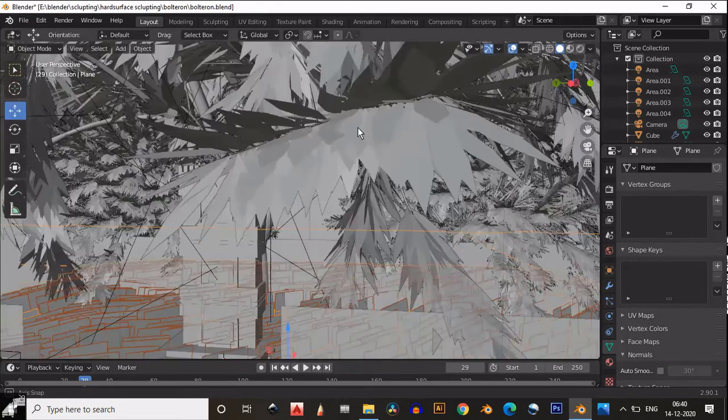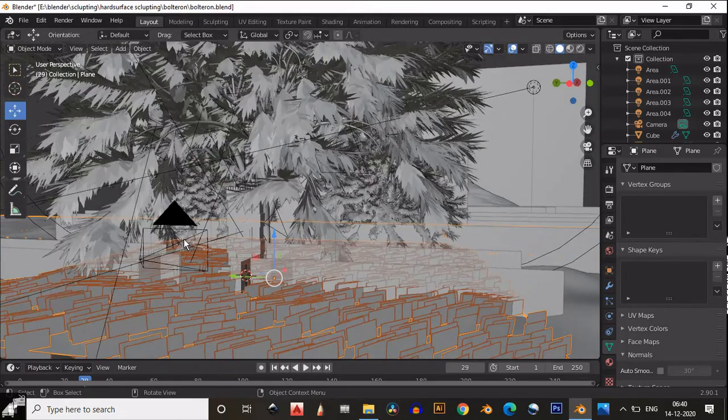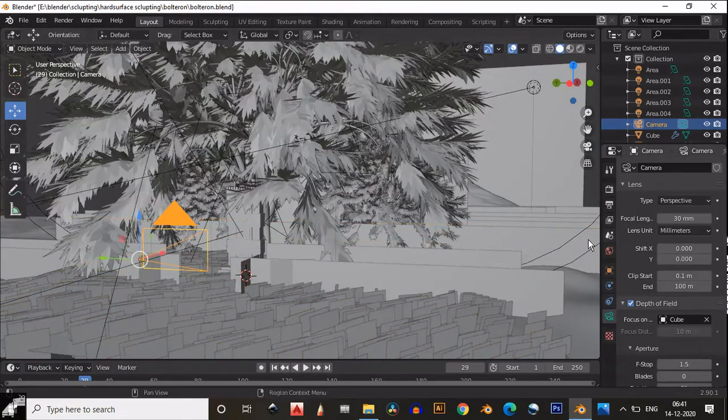Okay, then next, if I talk about the camera, I forgot to tell one thing about it. The focal length is 30 mm. When you shoot something with a wide angle, if you want to capture architecture or a nature scene, you need to set the focal length lower than 50, because you want that wide angle view to capture most of the part of your scene. So that's why the focal length of my camera is something like 30.